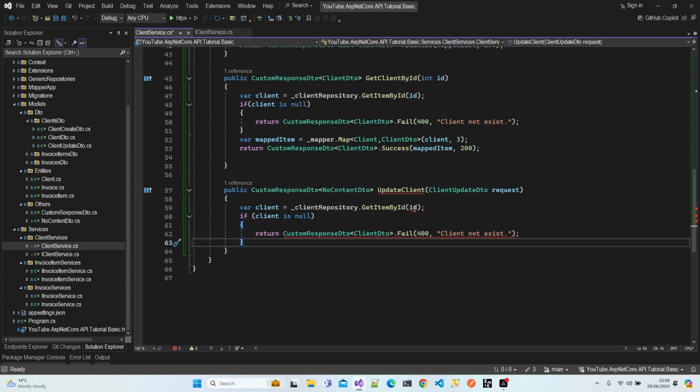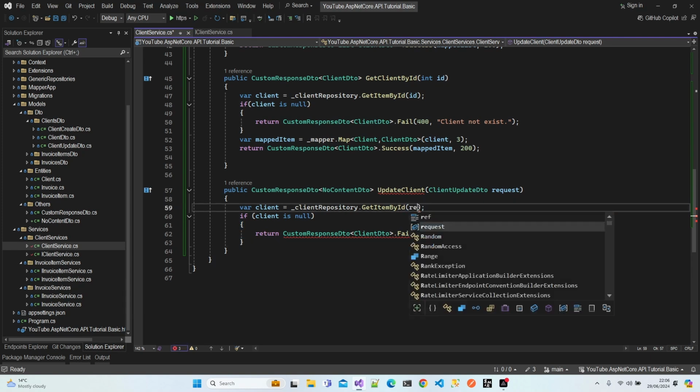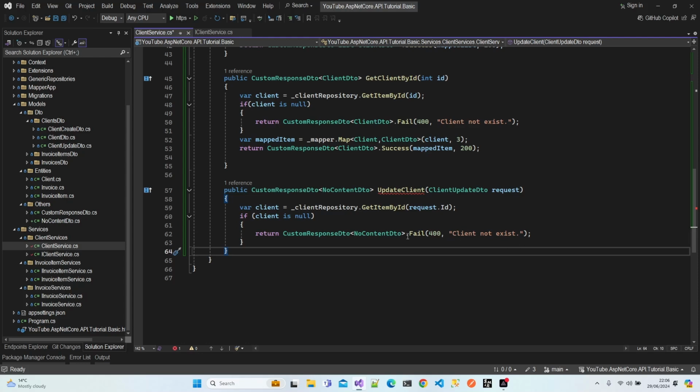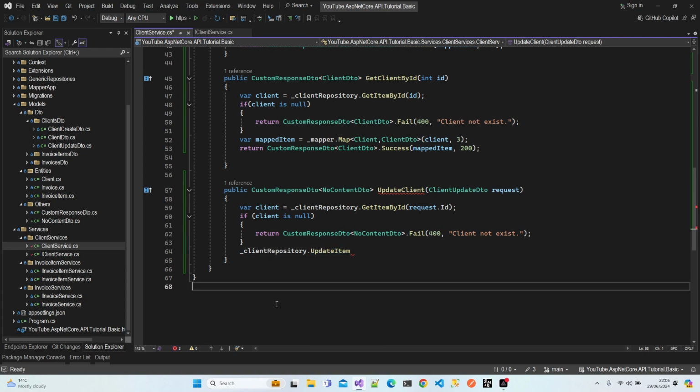Okay, this time the client is coming from request.id and the return type is the same. So what's the problem here then? Okay, no content DTO. Perfect, client not exist. If we have a client, basically we go to our repository, update item, but before that